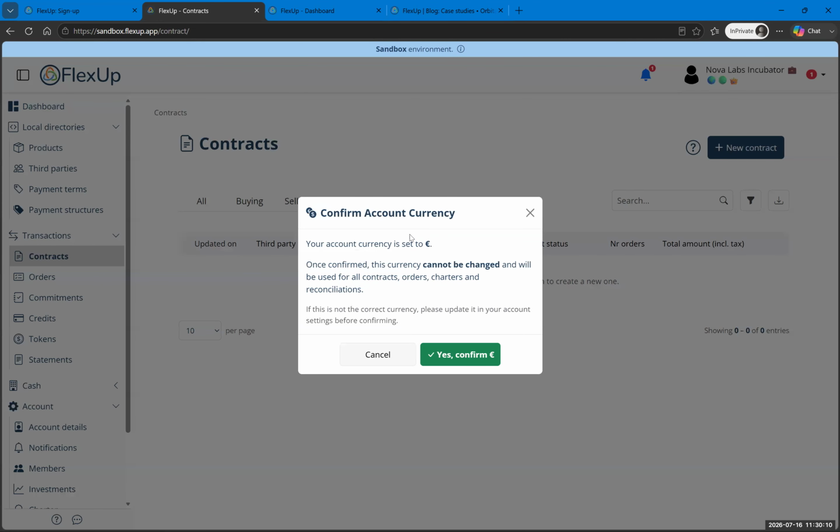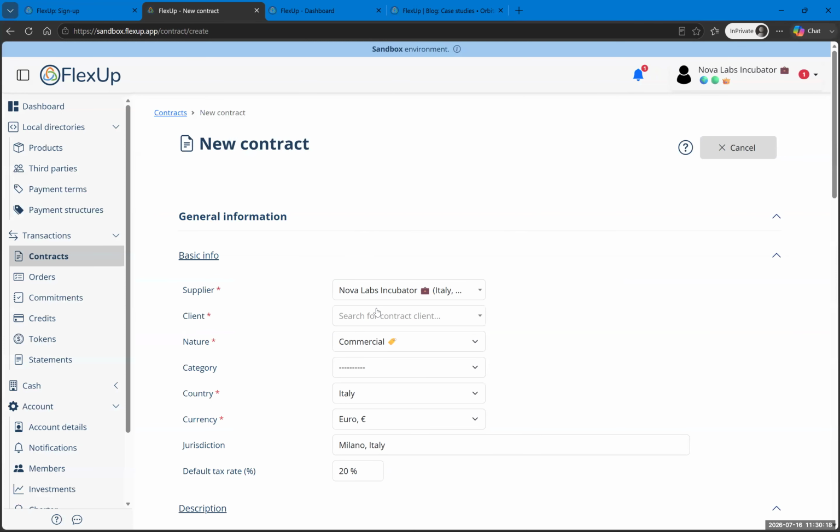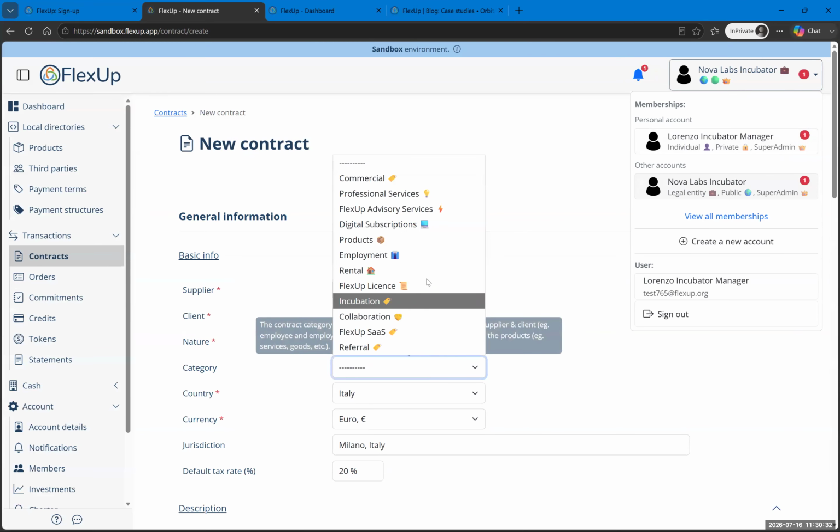and I confirm that this account will be in euro. Once you create your first contract, you can no longer change the currency of your account. So make sure. The supplier will be Lorenzo, and the client is Nova Labs. So Nova Labs is the current account. Lorenzo is the other account that I had, right? My personal account. And I'm going to create a contract for professional services